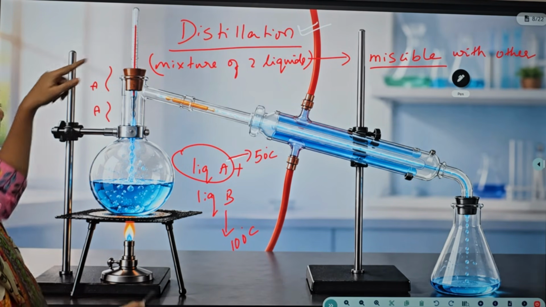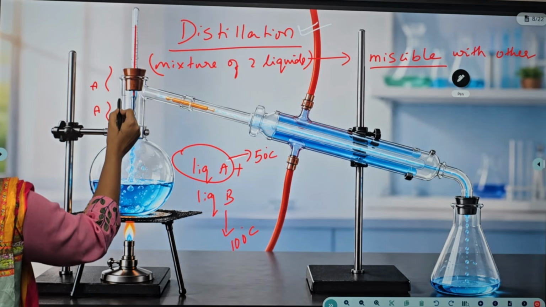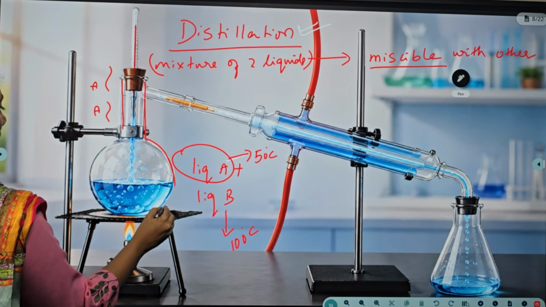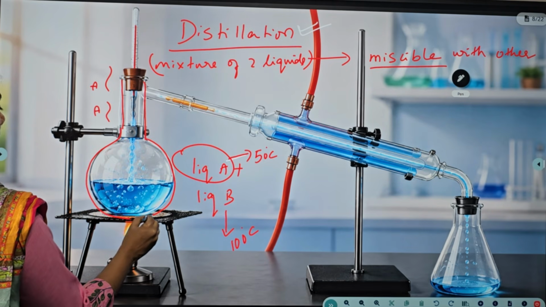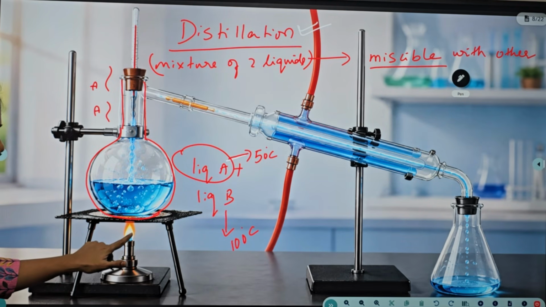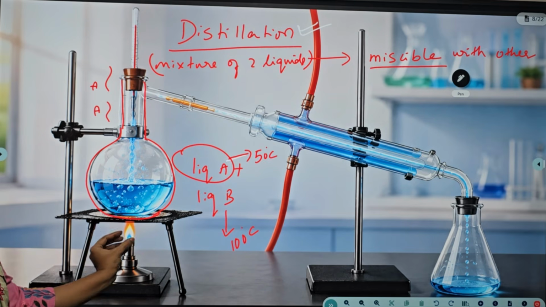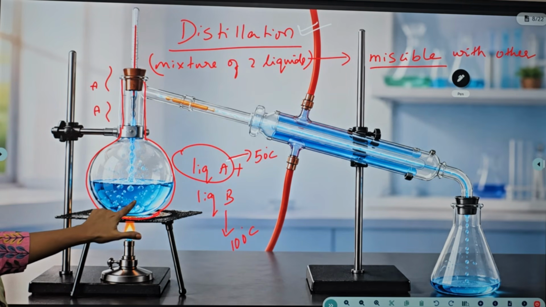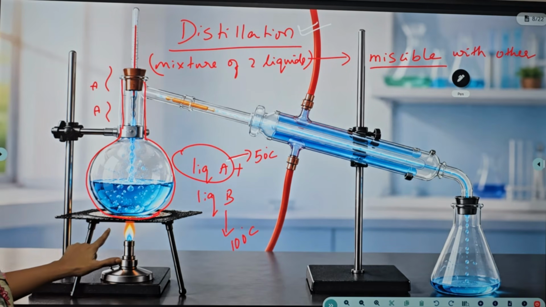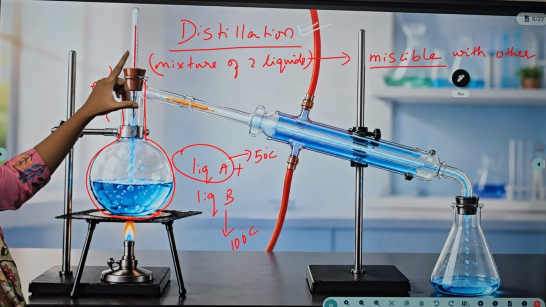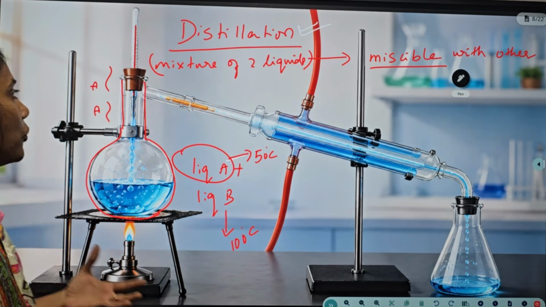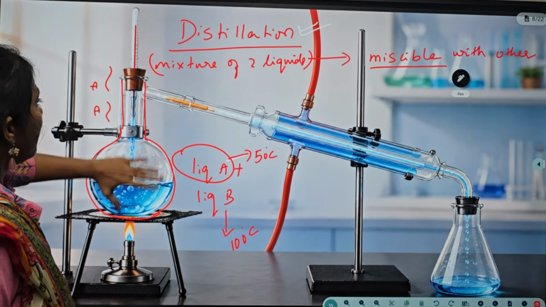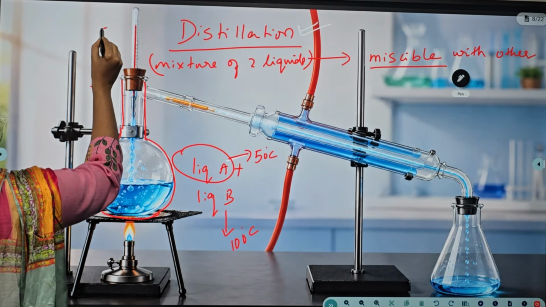This is a thermometer, and if you want me to explain the setup, see, this is called a round bottom flask. In chemistry we call it a round bottom flask, and this is a Bunsen burner which is giving a flame. In the round bottom flask we have taken a combination of A and B liquids, and the thermometer is here to check the temperature, to keep an eye on temperature. So here the liquids are boiling. The moment 50 degrees